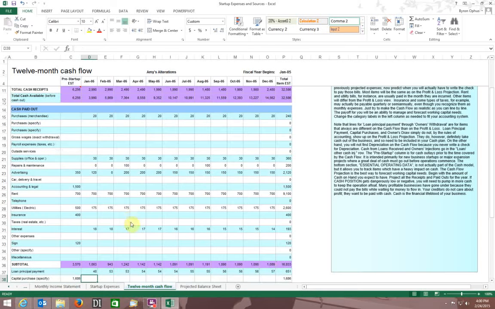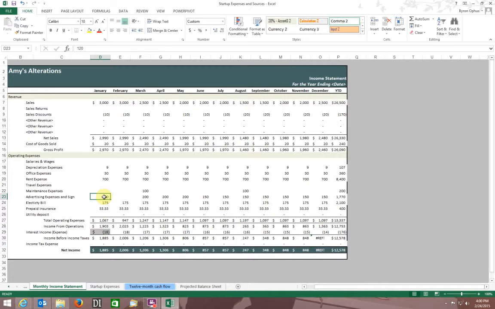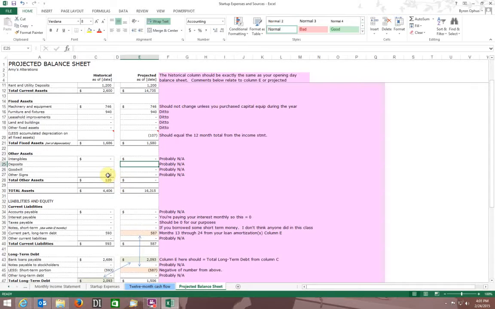Okay. Now the problem with that is when you come over to the cash flow then, because you paid for the sign here, right? So it's already on the cash flow. Okay. And so in this case, I don't want to copy this one all the way over. I'm going to get rid of this $120. Okay, because I already wrote that sign, or I wrote the check for it. I paid for it here. Okay, I wrote it off here, and that's fine. Okay, because you wanted that to be on that income statement as an expense. Okay, and because I wrote it off, then I've got a 0 here. Okay,